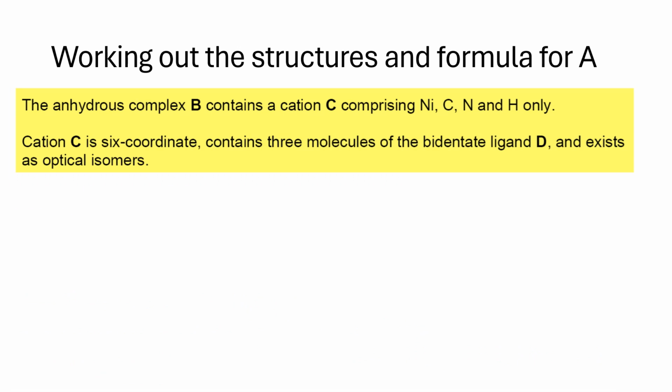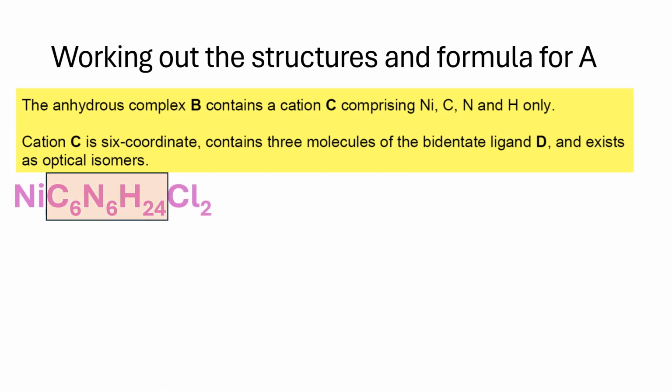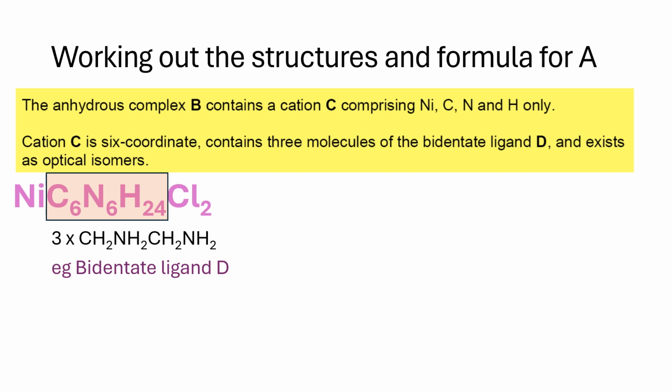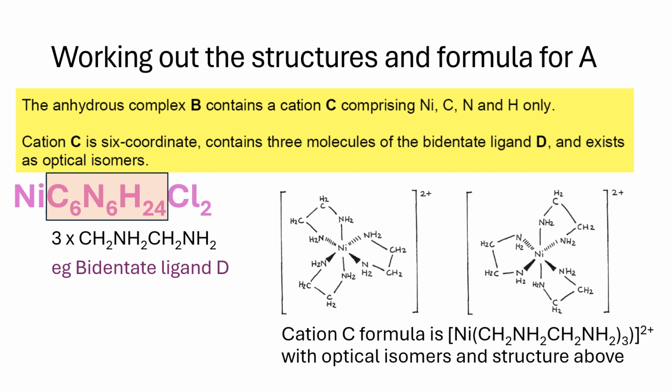So let's work out the formula first. There are a lot of hydrogens, nitrogens, and carbons all together. That would probably suggest something like 1,2-diaminoethane as the bidentate ligand D, which would lead us to a structure like those two, being the optical isomers,